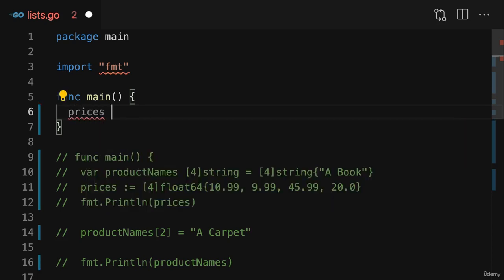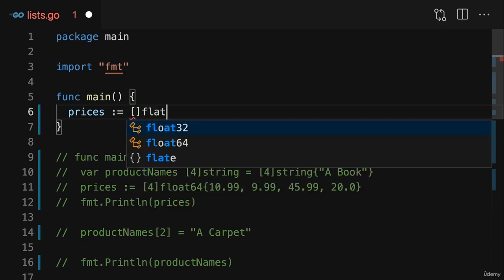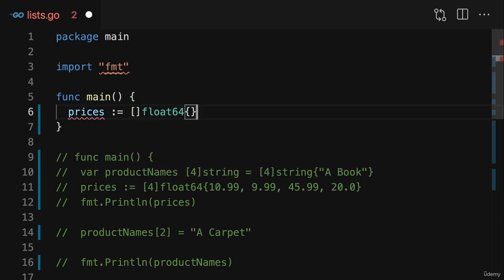Let's say we again have some prices, but this time it should be a dynamic array where we can add more values whenever we need to. You can create such a dynamic slice with a syntax that's similar to what we saw before, so square bracket float64 curly braces, but you may now also omit the length here. If you don't specify the number of items that should be stored in this array between those square brackets, Go will actually automatically create a slice for you, and since a slice always is based on an array, it will